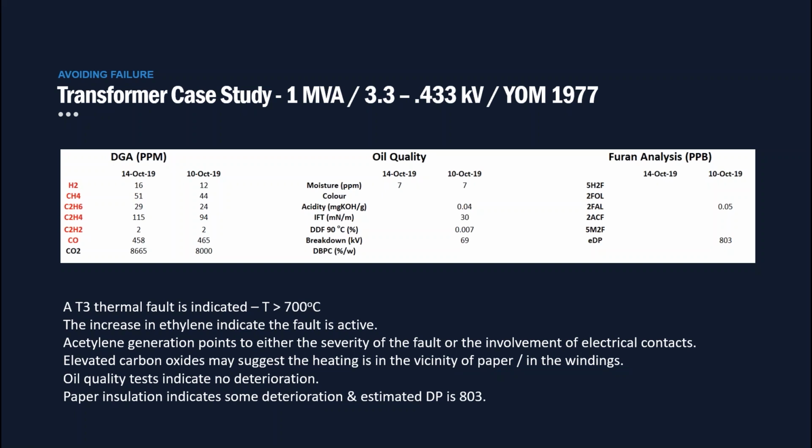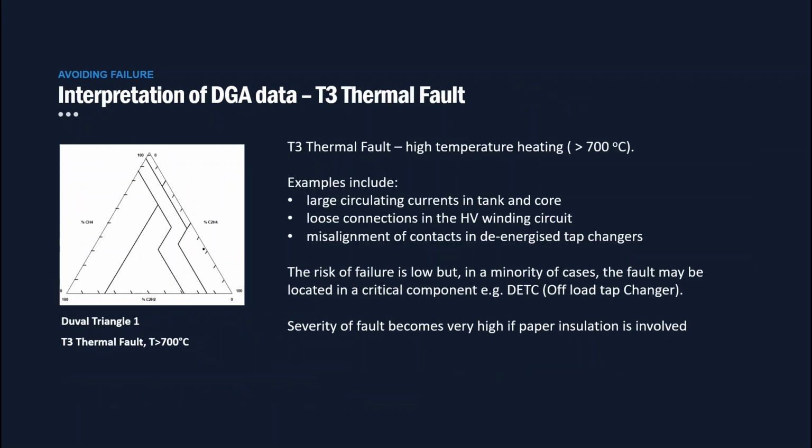The degree of polymerization is 803. In a brand new transformer, the DP is 1,000, and at end of life, the paper DP approaches 200. And we believe that the mechanical strength of the paper is still as new until the DP falls to below about 600. So I reviewed the dissolved gas analysis data for the transformer, and Duval triangles are one of the